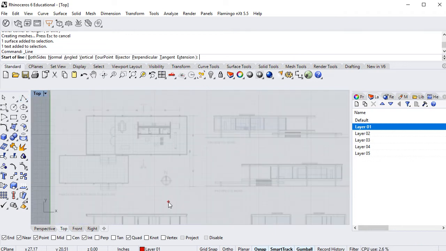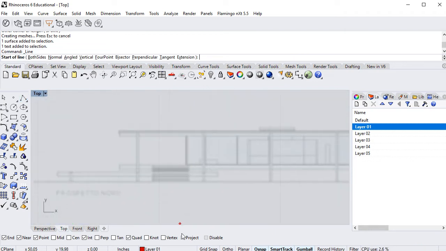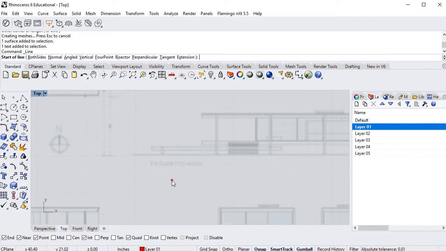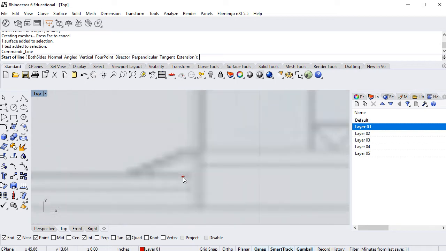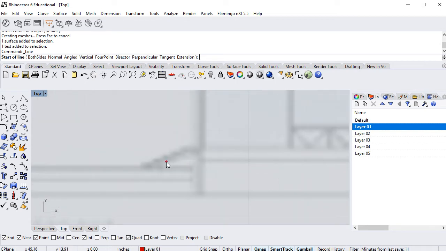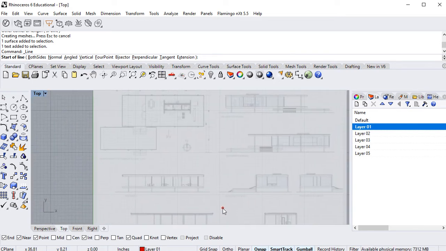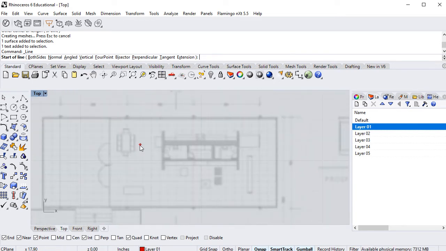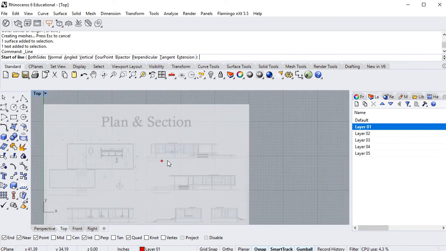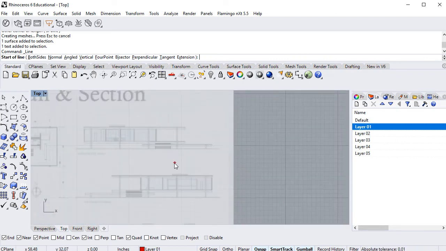Okay, and I'm going to look for some stuff here that I can scale, some entourage. I realize it's kind of not the greatest image, and that's okay. So I'm going to find something that I know is going to be the correct scale. So it looks like